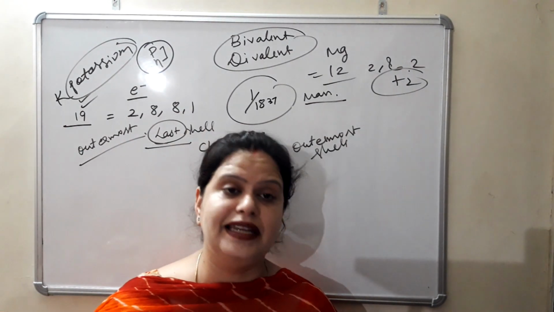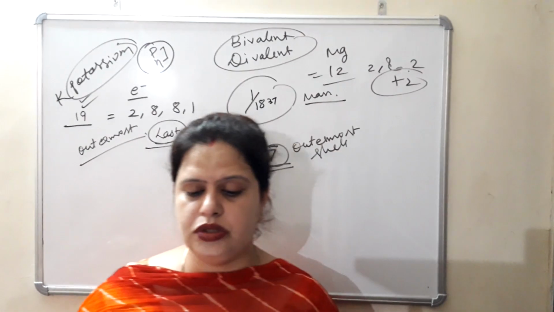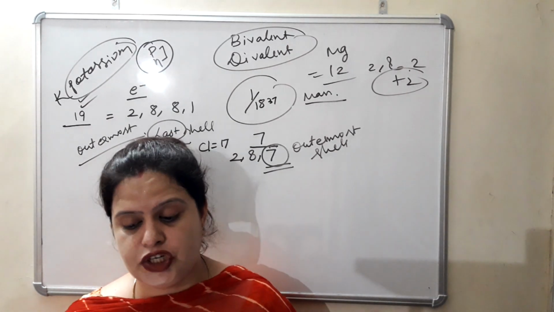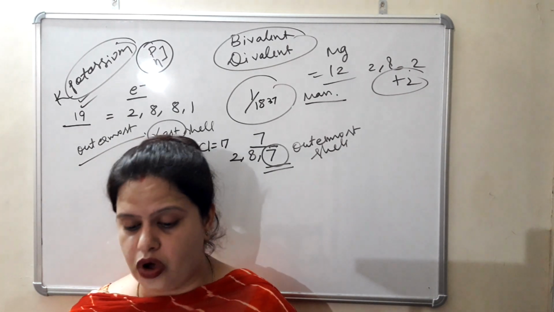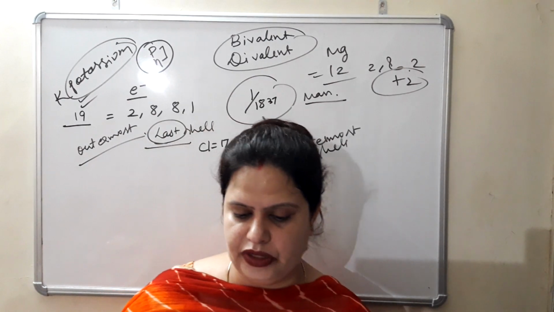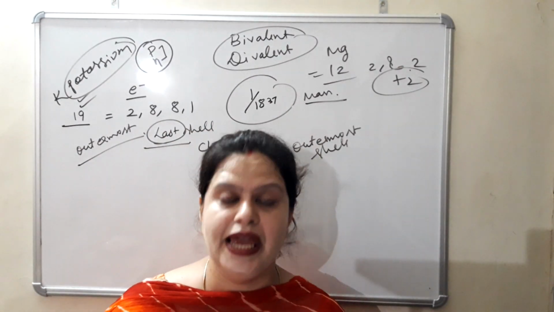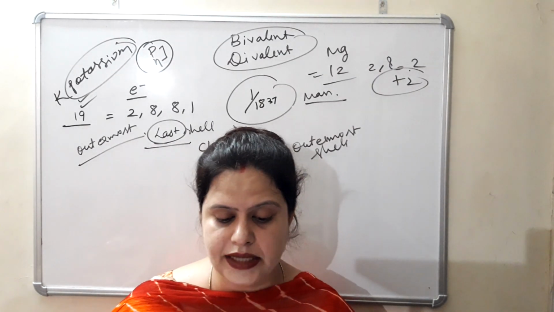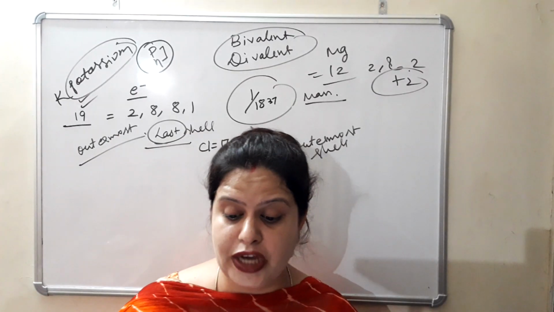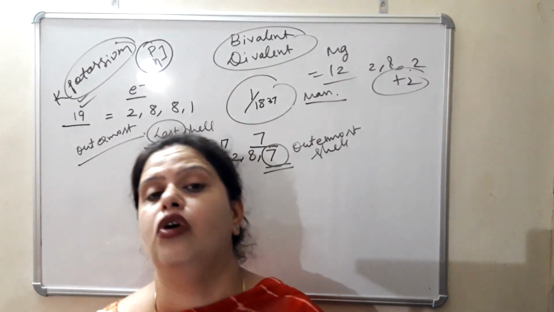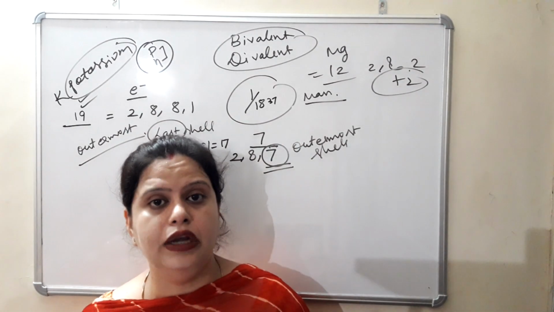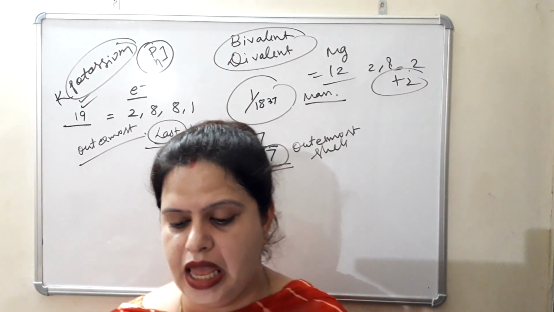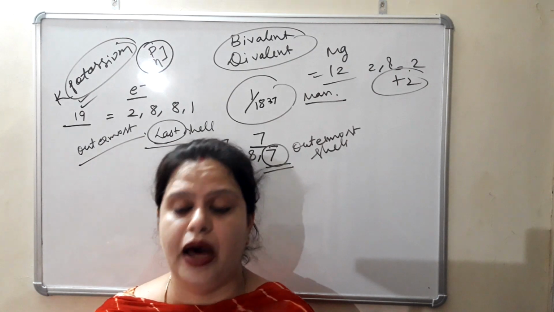Coming to the next question, match the following. It is about the discovery and the name of the scientist. First, J.J. Thomson discovered the electron. Second, Lord Ernest Rutherford discovered the nucleus. James Chadwick discovered the neutron, and E. Goldstein, that is Eugen Goldstein, discovered the proton. Maharshi Kannada gave the term Parmanu.